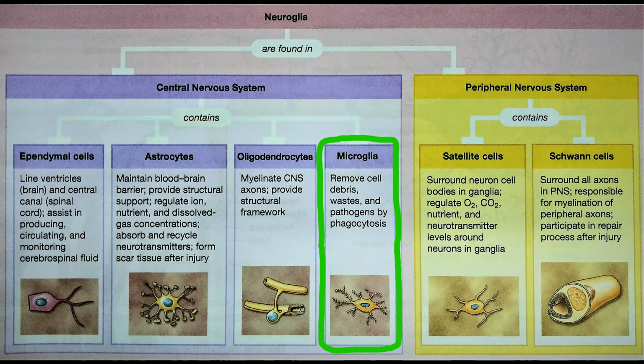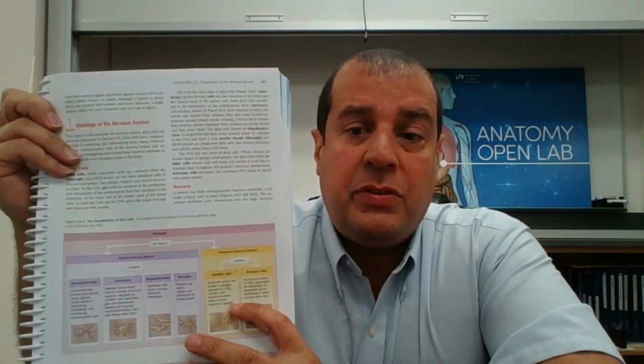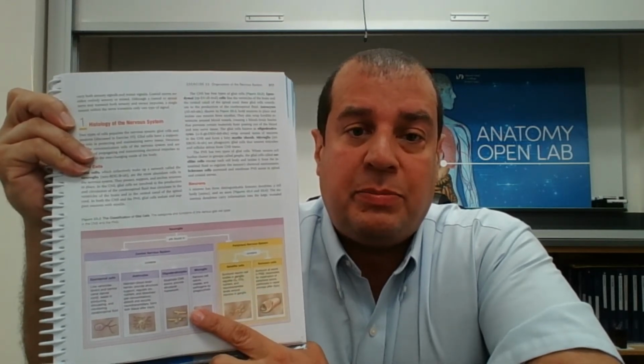So these guys monitor everything. The microglia actually migrated from the bloodstream, and is probably the only one that had the permission, the VIP pass, to come into the central nervous system to help us out. That's the neuroglia, the supporting cells of the nerves in the peripheral nervous system and the central nervous system, respectively. Okay, and then the last diagram I want to show you is just how a multipolar